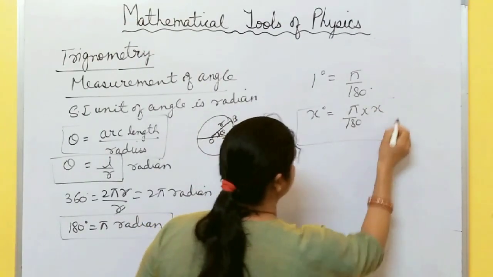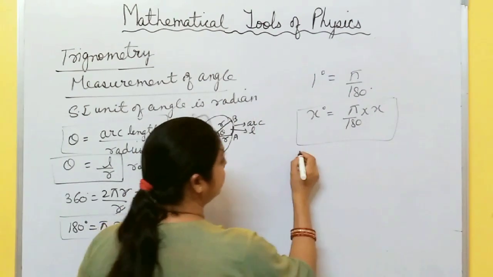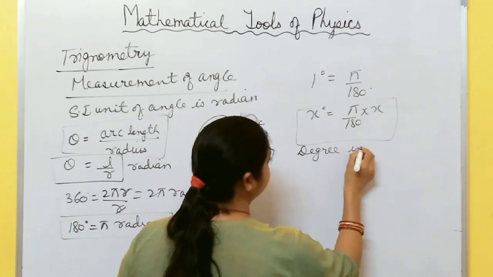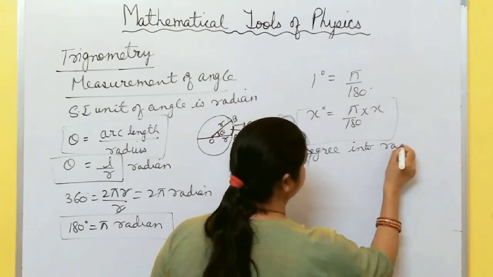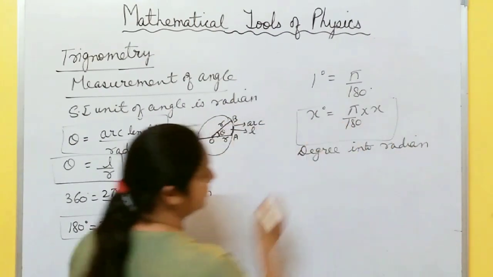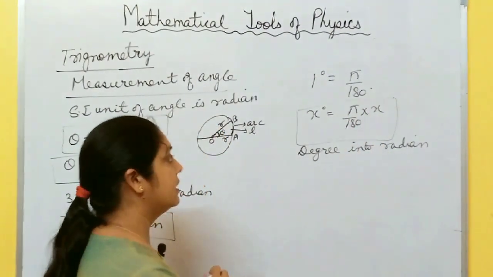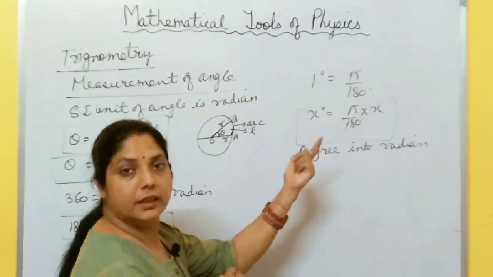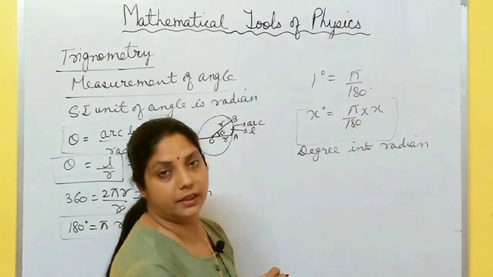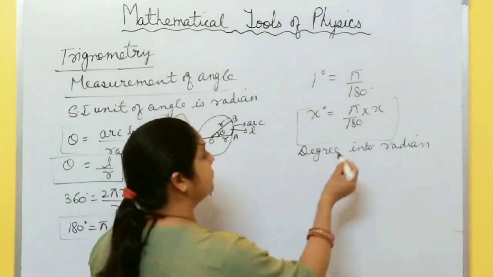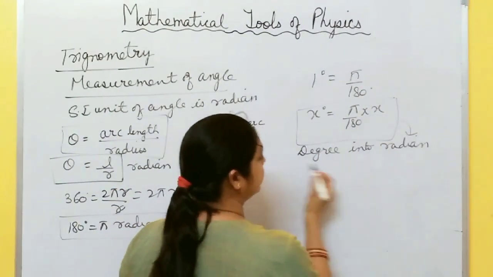This is the relation to convert degrees into radians. For x degrees, how many radians? Pi by 180 into x. Suppose 2 degrees, so how many radians? Pi by 180 into 2. 3 degrees, so pi by 180 into 3. So this formula is used to convert